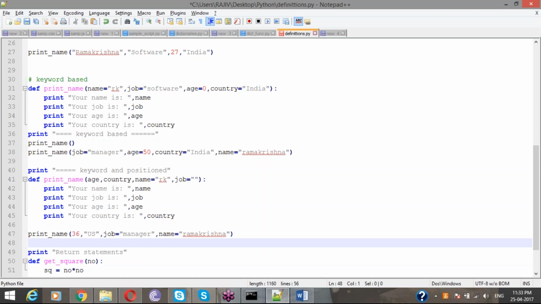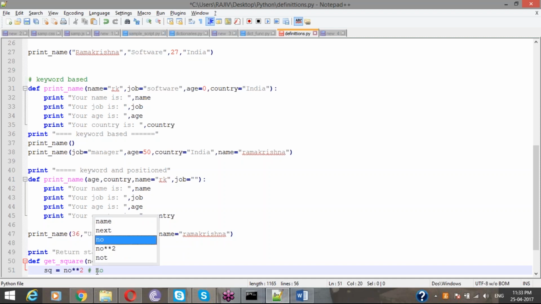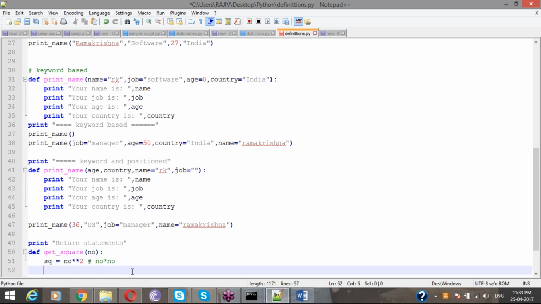So this is a square, right? You can use it like this, or you can give power of 2. Okay, so this is equal to number. Then you can print: print the square of %d is,